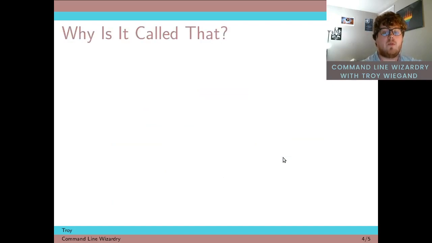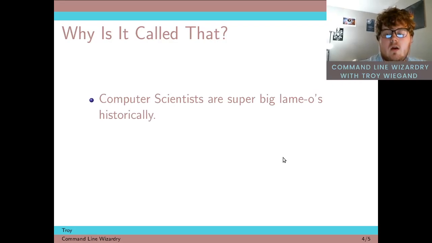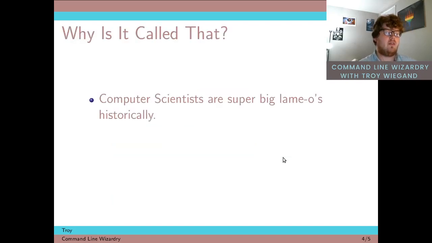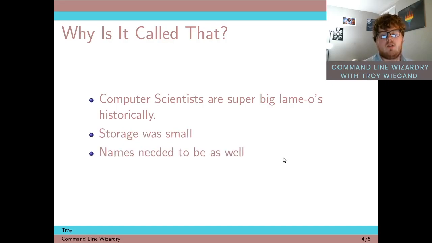Cool. So why is it called that? Computer scientists, programmers in general, have been pretty big lamos historically, and try to sound cool by giving things cool names. Like for example, TENEX. That's just some dumb name. Korn shell. Yeah, they think they're cool, but they're really not. Another reason things are named really dumb is that storage used to be really small, so everything got abbreviated. For example, change directory is your cd command, list is ls,